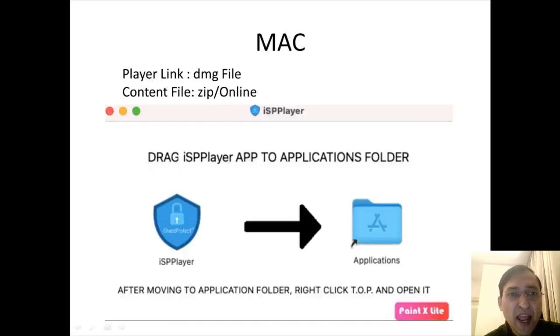except that in case of Mac, your player link becomes a .dmg file. Okay, you will receive a link to a .dmg file, and if you click on that, it will show you something like this, and it will say drag ISP player app or your institute name app to application folder, and you can do the left button click and move this ISP player to the application folder here. So literally you have to click on it and keep holding the mouse and move it here. Once you move it here, automatically this application will go to your applications folder, and you can go to